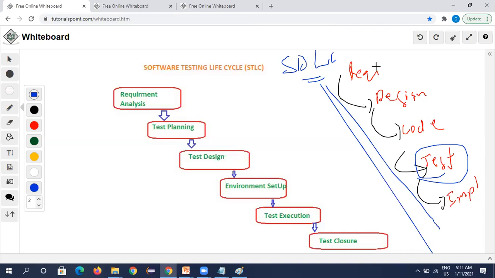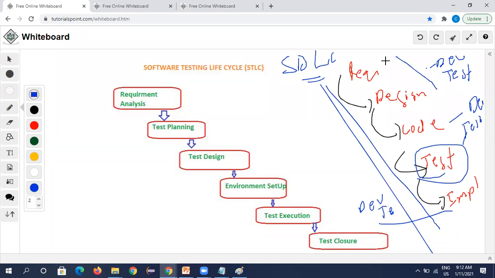So in the requirement and design phases, a developer and a tester both will be involved, and in the coding phase only the developer will be involved. In the testing phase only the tester will be involved, and in the implementation phase both developer and tester.